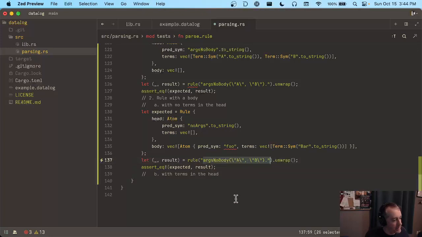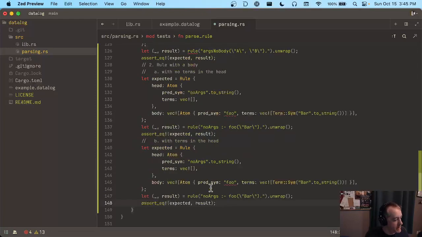So this particular one would look like no args, and then we have the turnstile, and this would be foo and quote bar. Right? Dot. Okay, so this is saying if you can unify foo bar, then no args is unified. Okay, and that's our third example for rule parsing, and then let's just copy this again, and we're going to say,